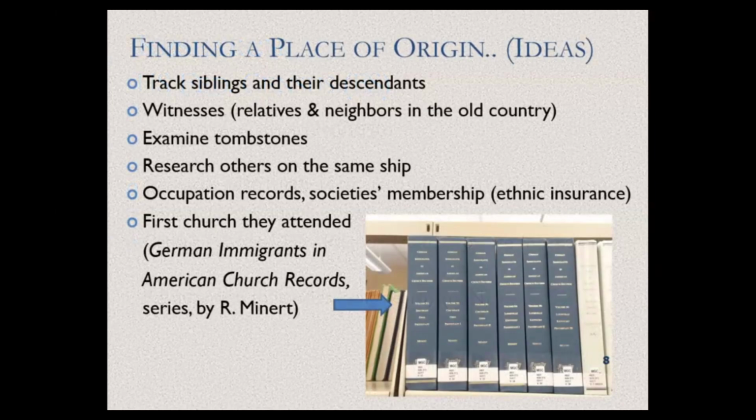So here are some more ideas where to find that place of origin, because as I stressed already, you need to find that village, and from these sources here. Maybe later his brother could come, or if nobody from his siblings, then the next generation would talk at the kitchen table in Germany that our uncle is already there. Then his nephew would come and maybe stay with him a little bit for a start.